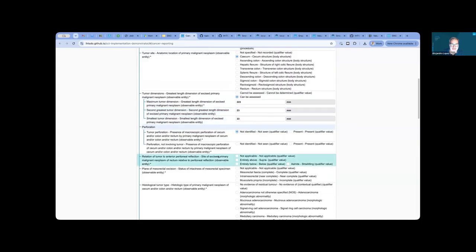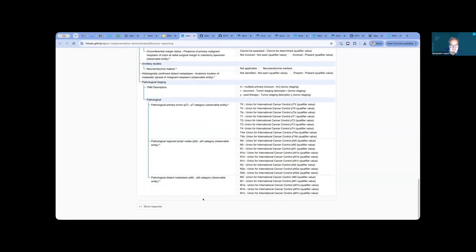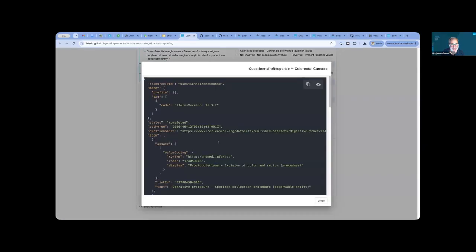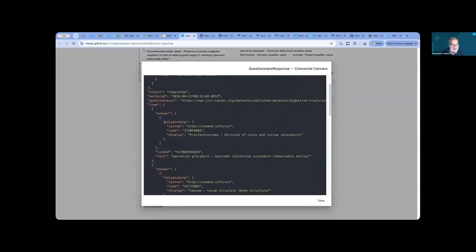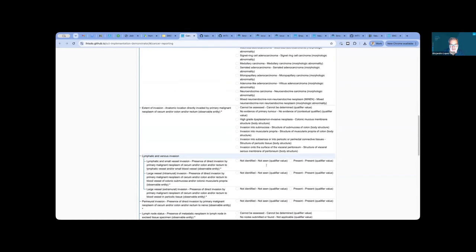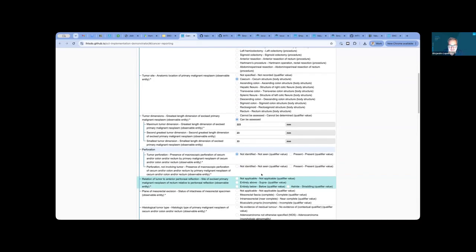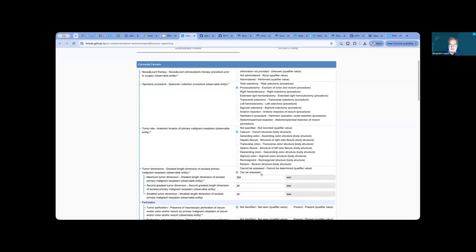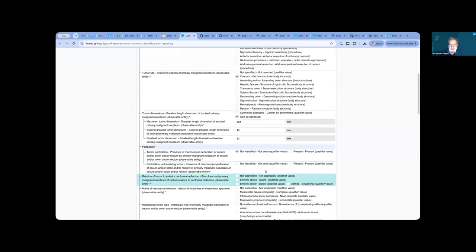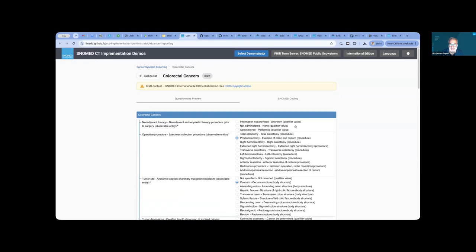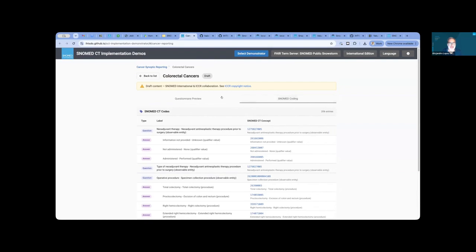When you type all that, then you show the response, and all the information that you clicked is stored in SNOMED codes. So this is an example of using SNOMED using forms and without actually being aware of the complexity of SNOMED CT, because you just manage to select the right options and everything is recorded in the right way. And for example, for this colorectal cancer form, 200 different SNOMED codes are used, yes.